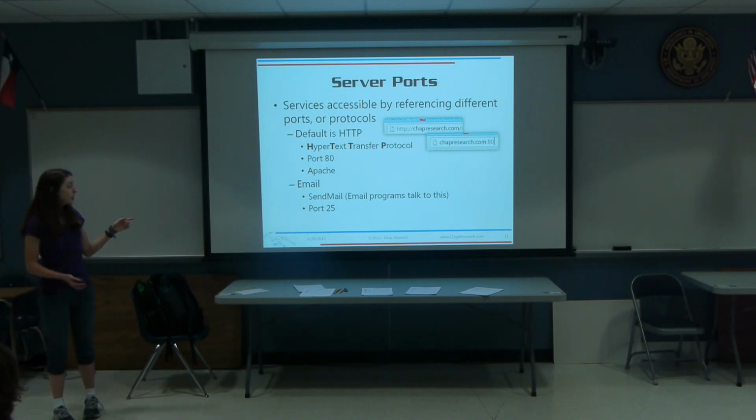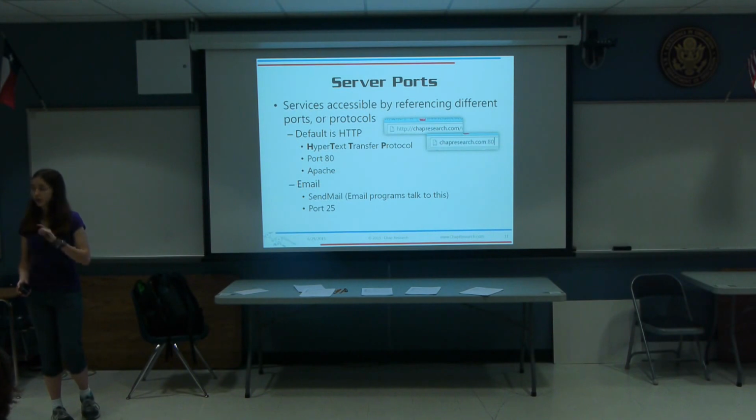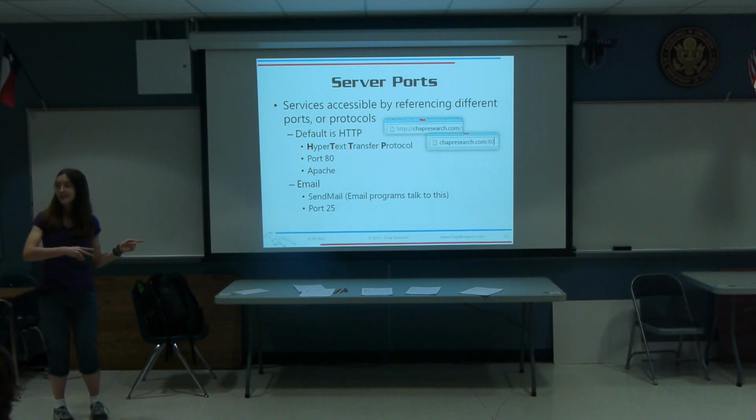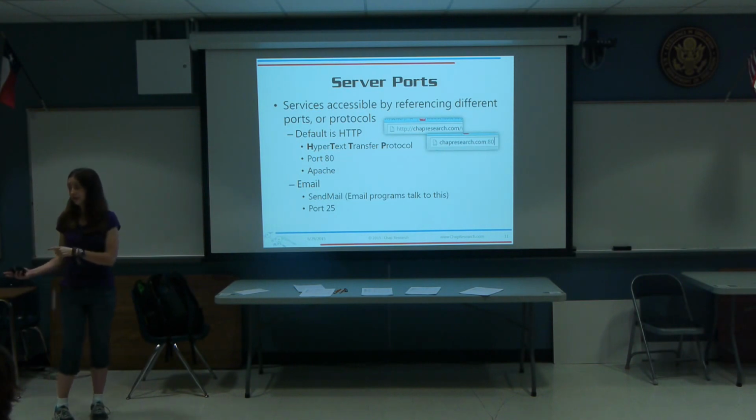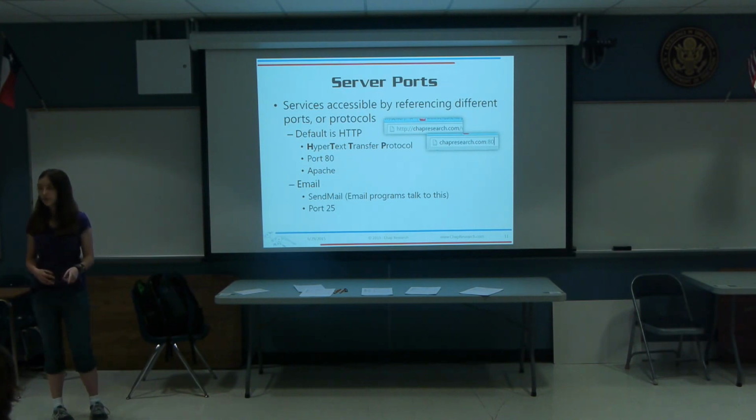And email is generally something you won't talk to directly, but it becomes important when your Gmail service, whatever that is, is going to port 25 for you. So a lot of times email is something that a computer is interacting with, and so you're actually talking to port 80 to the web page or whatever to interact with it, which is then talking to port 25 for email on your behalf. Does that make sense?